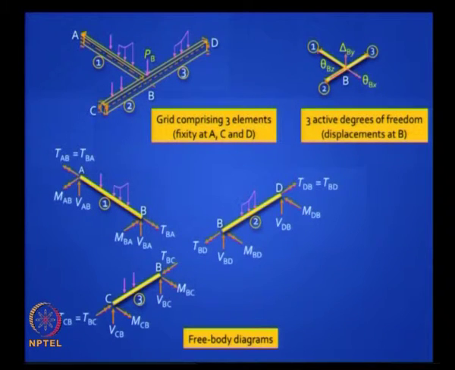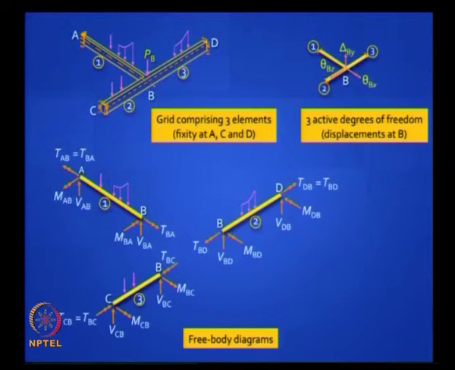If you take out the free bodies, you will find that in addition to shear and bending, you have a twisting moment. The twisting moment at the 2 ends of each element will be equal and opposite, as there are no intermediate twisting moments. If you treat the beam CD as one beam, then you would have to put a torque at B, but if you separate out the 2 elements, they would look like this.